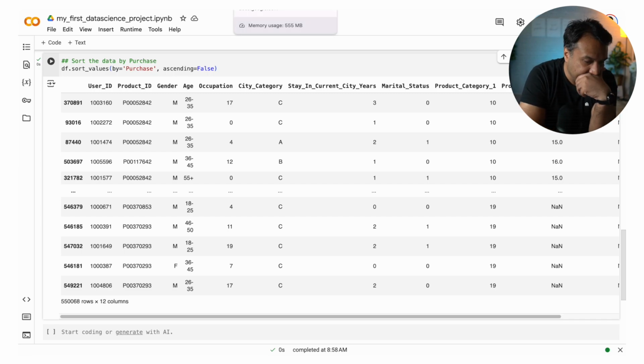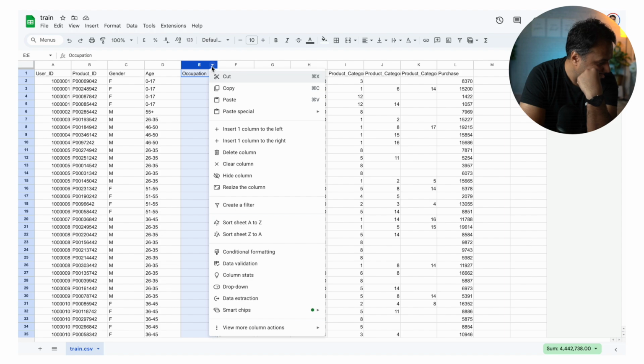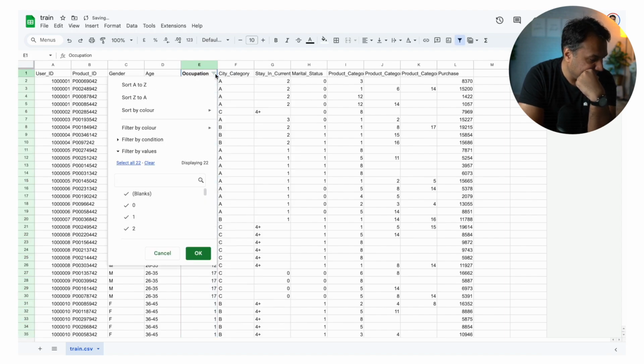Now, one of the things we do is, let's say I want to filter the records. I create a filter, and I want to filter it based on occupation. How do I select all of them?